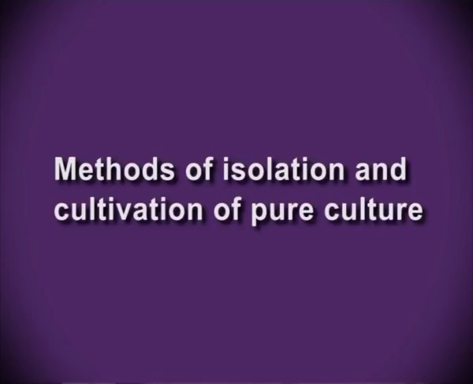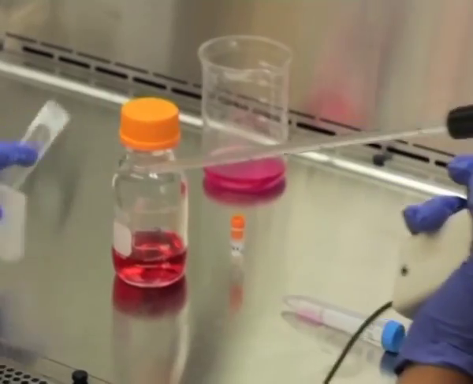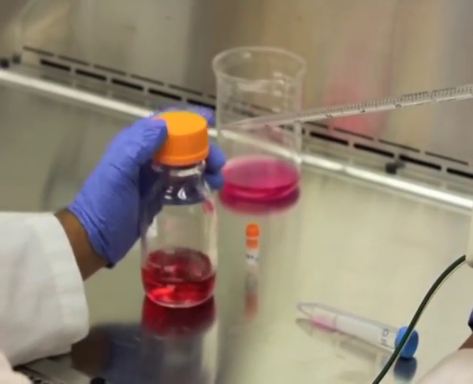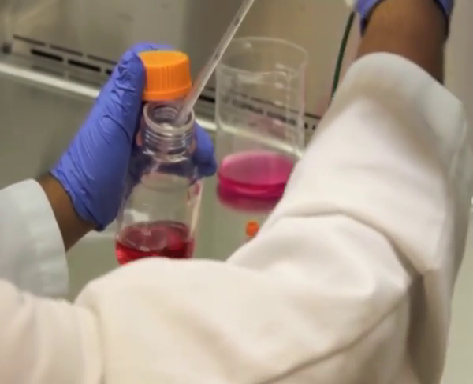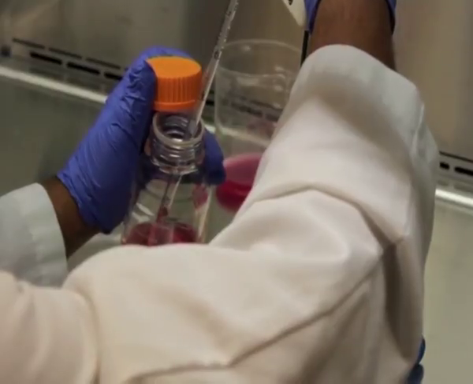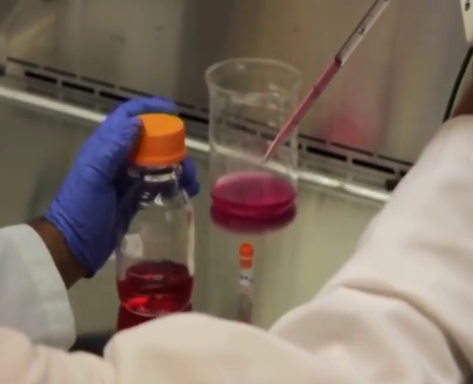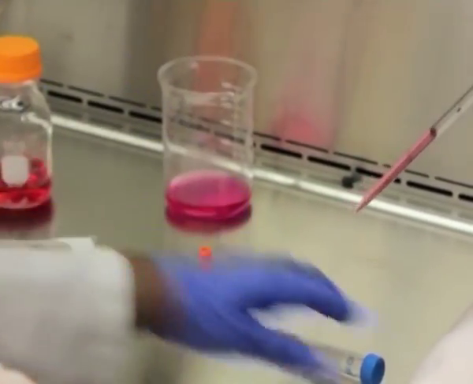Methods of isolation and cultivation of pure culture. Let's learn on this aspect. Microorganisms can also be used as indicators. Microorganisms like E. coli that are usually associated with the presence of pathogens are called indicators. Most E. coli do not cause illness, but they are indicators for fecal contamination. Therefore, there is a need for food safety control hazards to the consumer.